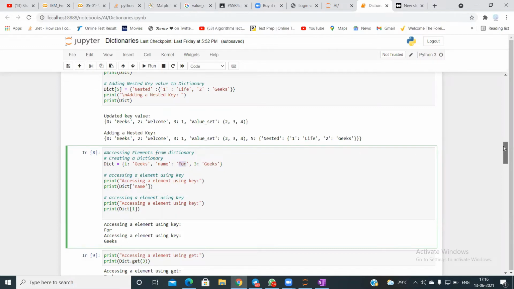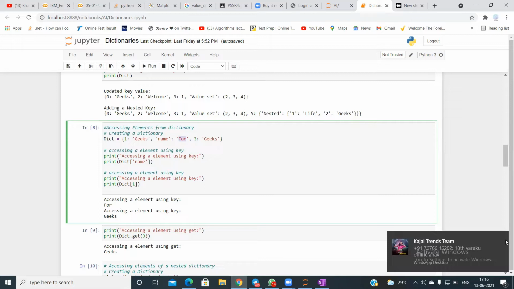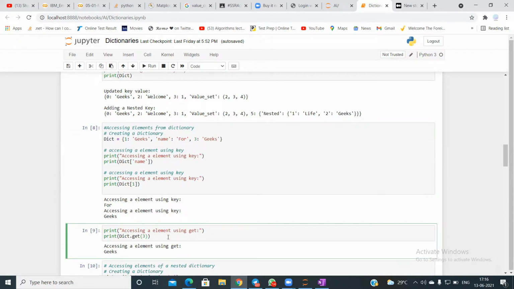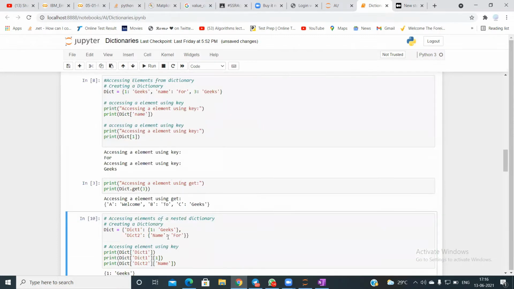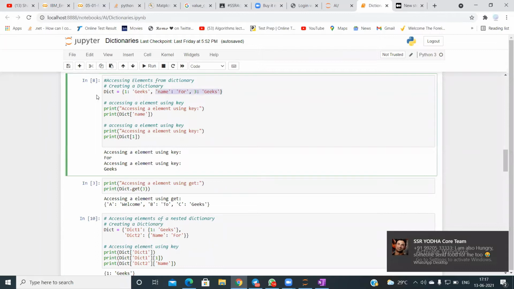Or there is another method of getting the value for any particular key in a dictionary, that is using the get function. In the get function, you just pass the key, and you'll get the value. So this is how you access the dictionary, and this is just for a simple one.